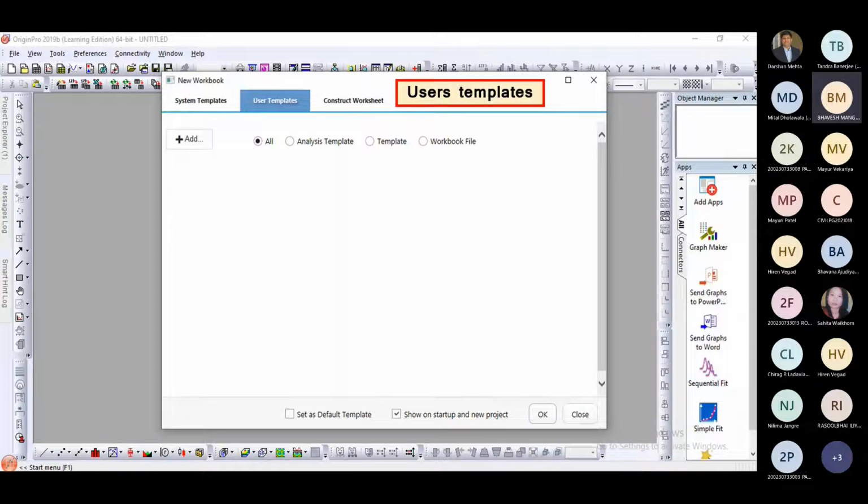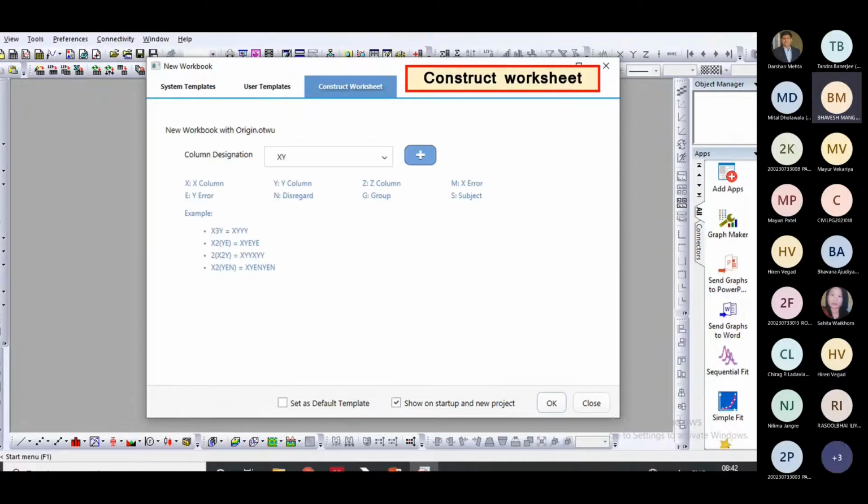When one wants to start with a new worksheet, the worksheet can be constructed. During the construction of the worksheet, when we generate the new worksheet, we have to give how many X, Y, and Z columns are required. X means X column, Y means Y column, Z means Z column.